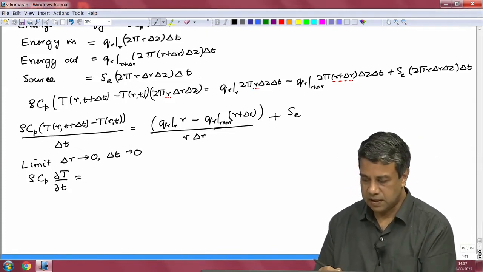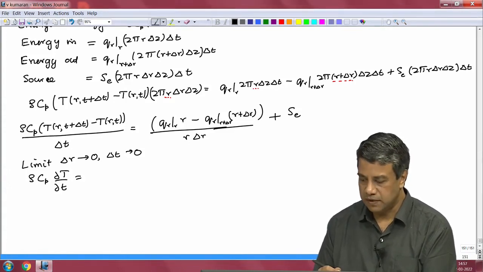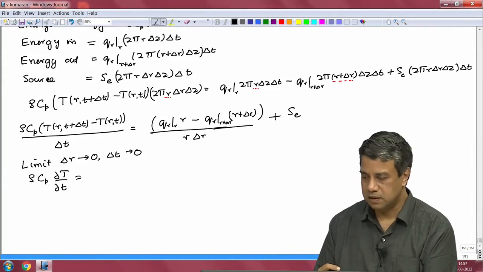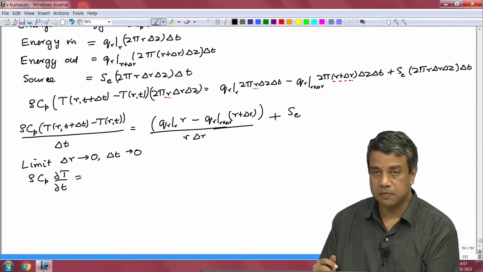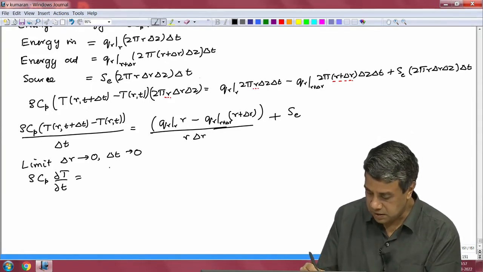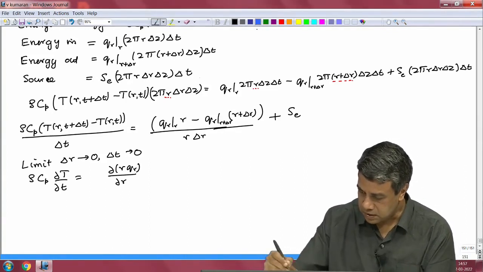The term on the right is the derivative of r times q r. The value of r times q r at r minus the value of r times q r at r plus delta r, divided by delta r, is the derivative of r times q r by partial r. That is this term here,